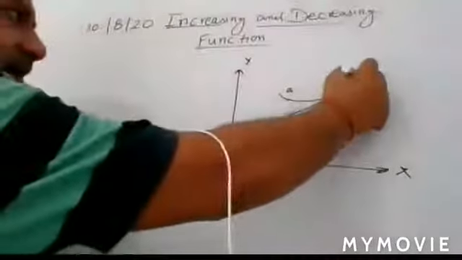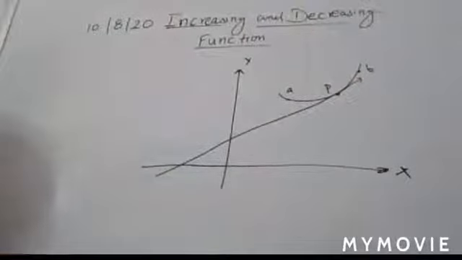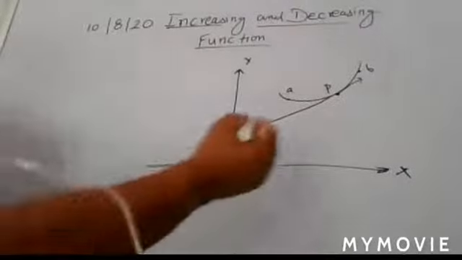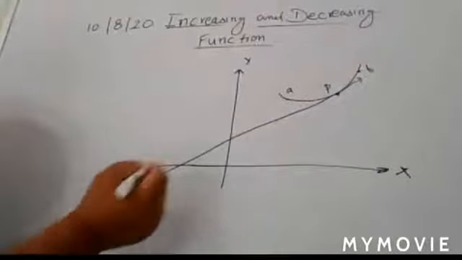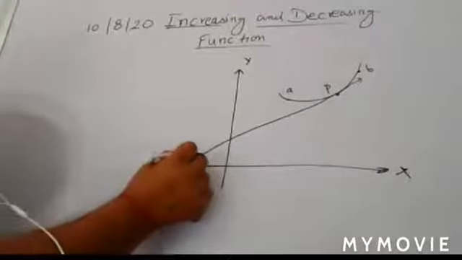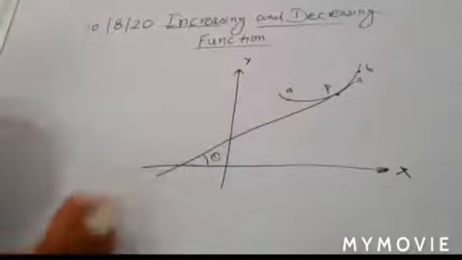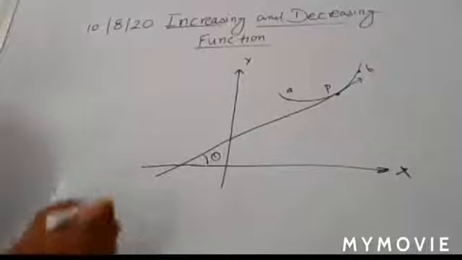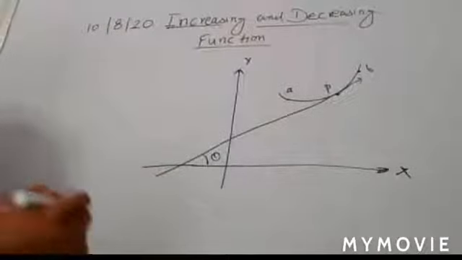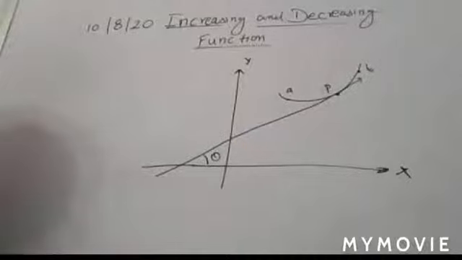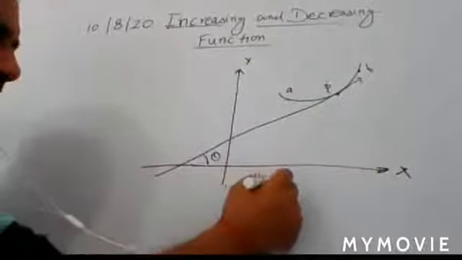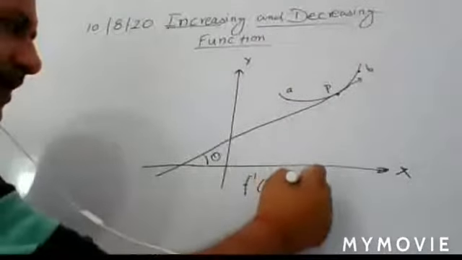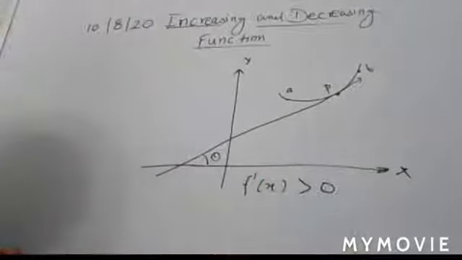You find that the tangent at this point, when you have increasing function, and you take any point P on the interval AB and draw a tangent on it, that tangent makes angle theta in the positive direction of x-axis. This value of theta is always less than 90 degrees, means acute angle. So you can see that the value of f dash x under this condition is always greater than 0, means positive. And you can write equal to also.